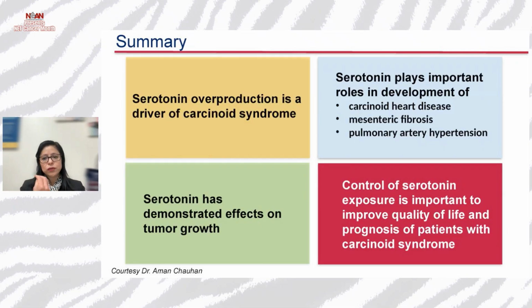It can also cause increased pressure around the pulmonary arteries, because this serotonin causes scar tissue around the pulmonic valve, and that can increase the pressure. That's something to keep in mind. Serotonin has also been demonstrated to have effects on tumor growth, and it's important to control the exposure to serotonin, because that can improve the quality of life as well as the prognosis of patients with carcinoid